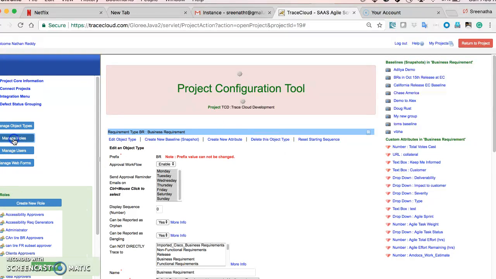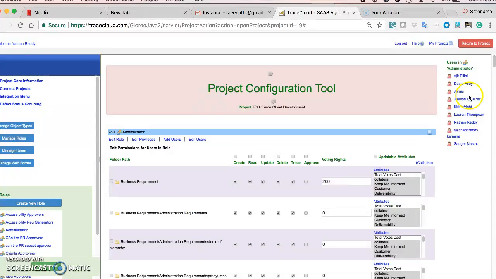And after that, it's a matter of managing your roles. So in this case, I go to manage my roles and I have a role called administrator. Nathan is a member of that. And you have a new section called voting rights. And the model here is every role has members and that role gets a certain number of voting rights that it can spend on this